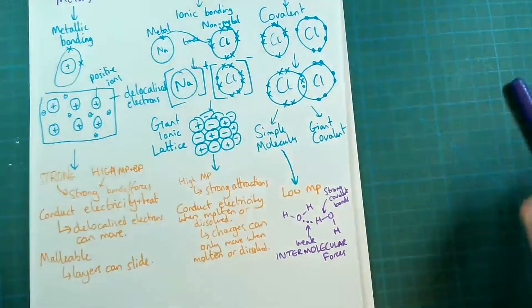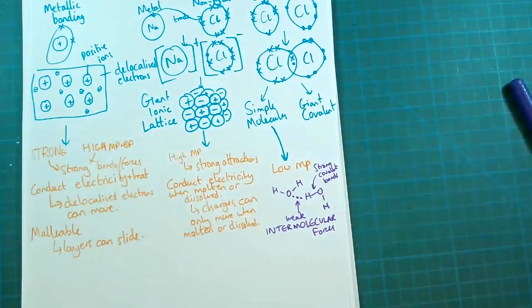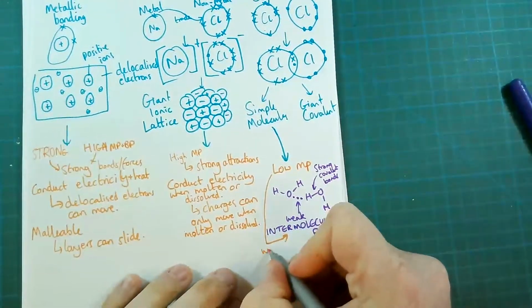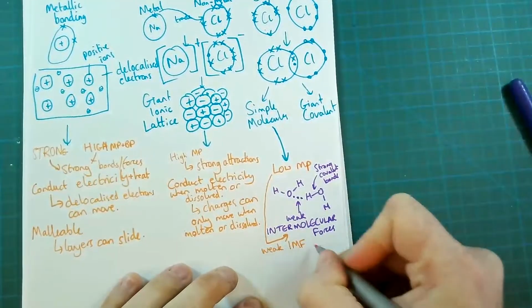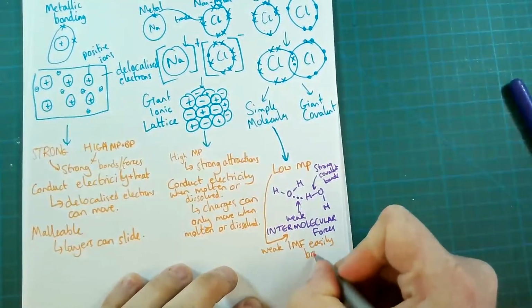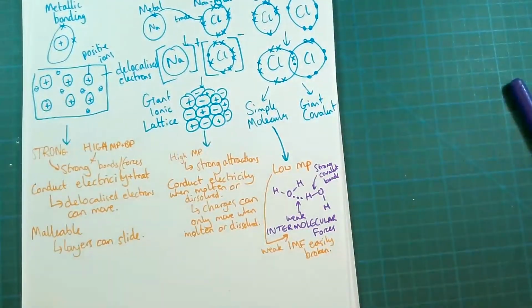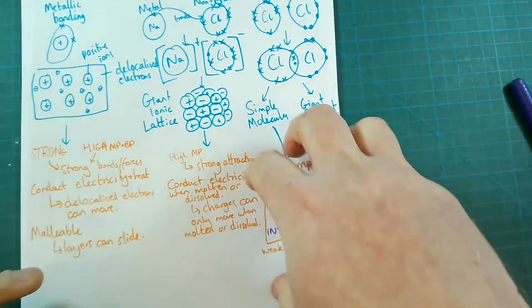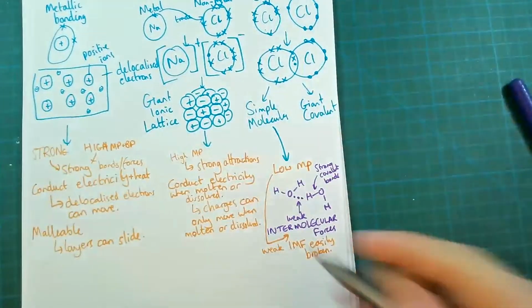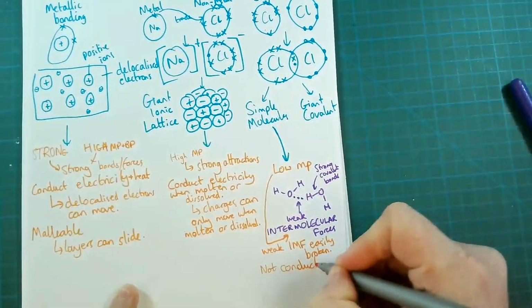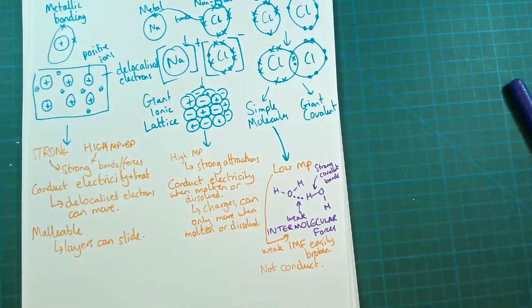So they're not weak per se, the covalent bit is strong. The reason they've got a low melting point and boiling point is because of those weak intermolecular forces, which are easily broken. So even though the covalent bonds are strong, the intermolecular forces are weak, and that's when you end up with that. That's the interesting thing I like to ask about. There's no pluses and minuses here, so they don't conduct. That's pretty much it on that.